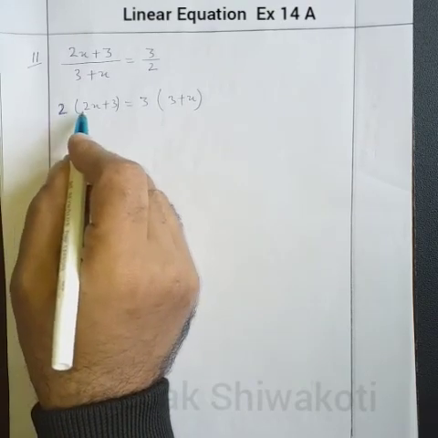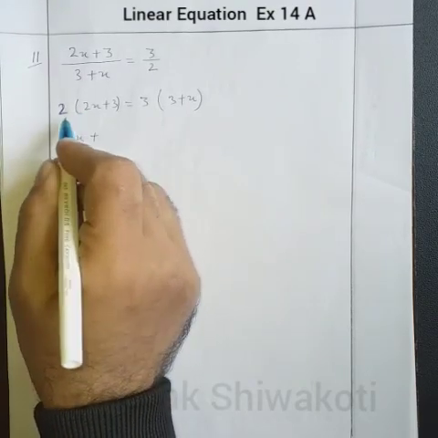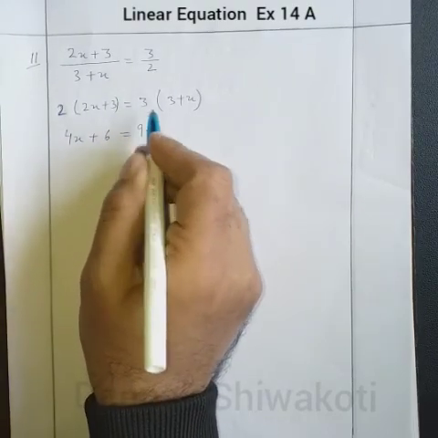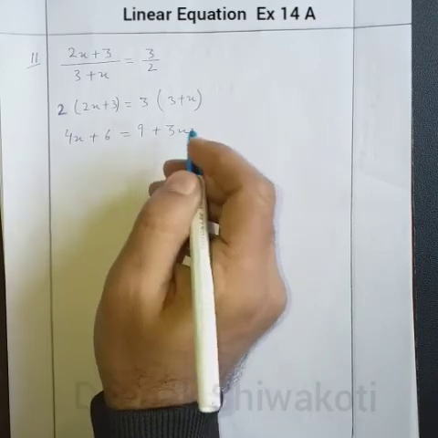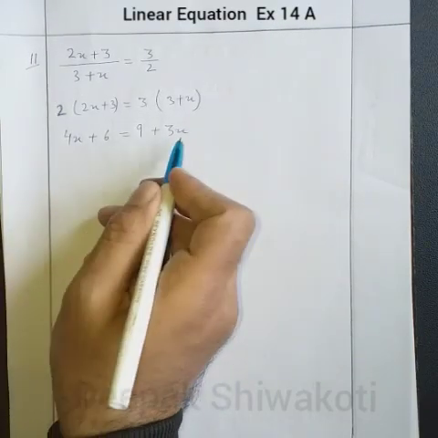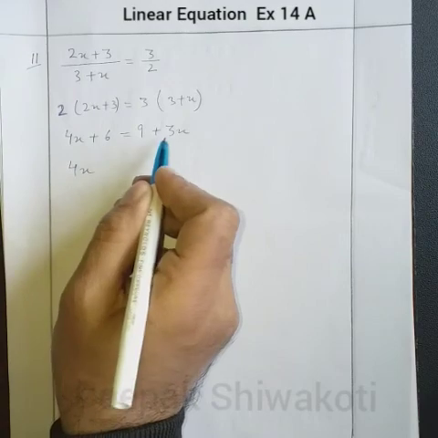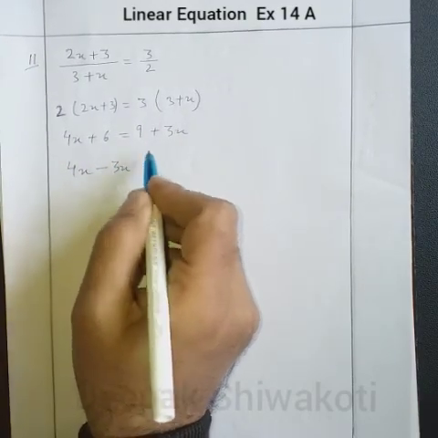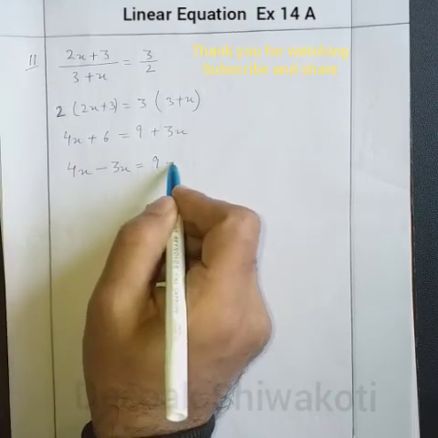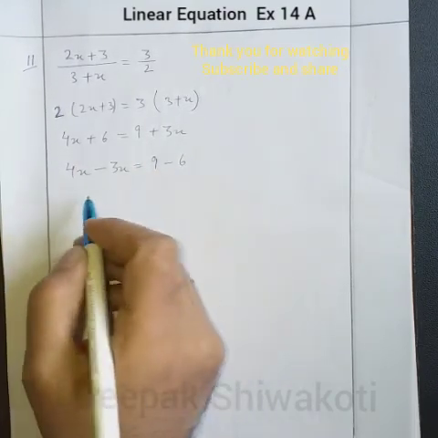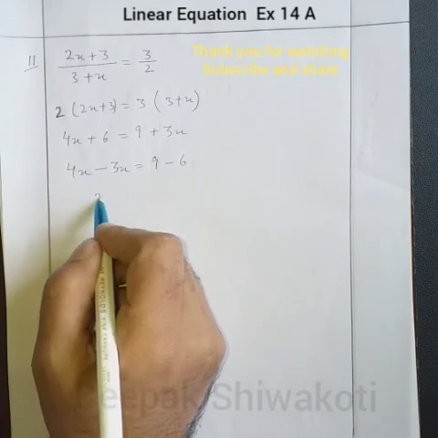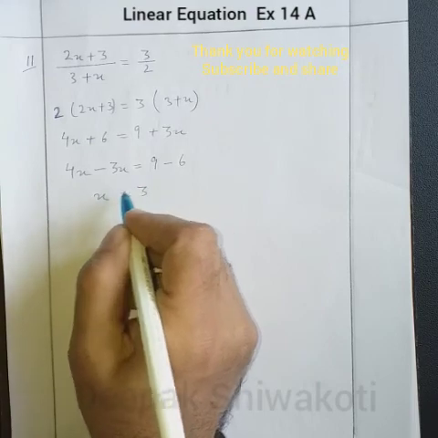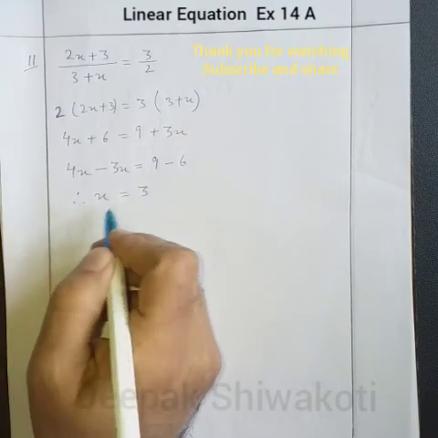open the bracket, 2 2s are 4x plus 3 2s are 6, here 3 3s are 9 plus 3 into x is 3x. Okay, now variables will bring to one side, 4x, and 3x will become minus 3x this side, 9 here only, plus 6 will go this side and becomes minus 6. 4 minus 3 is 1, that is x here. 9 minus 6 is 3, so therefore x is equal to 3. Okay,